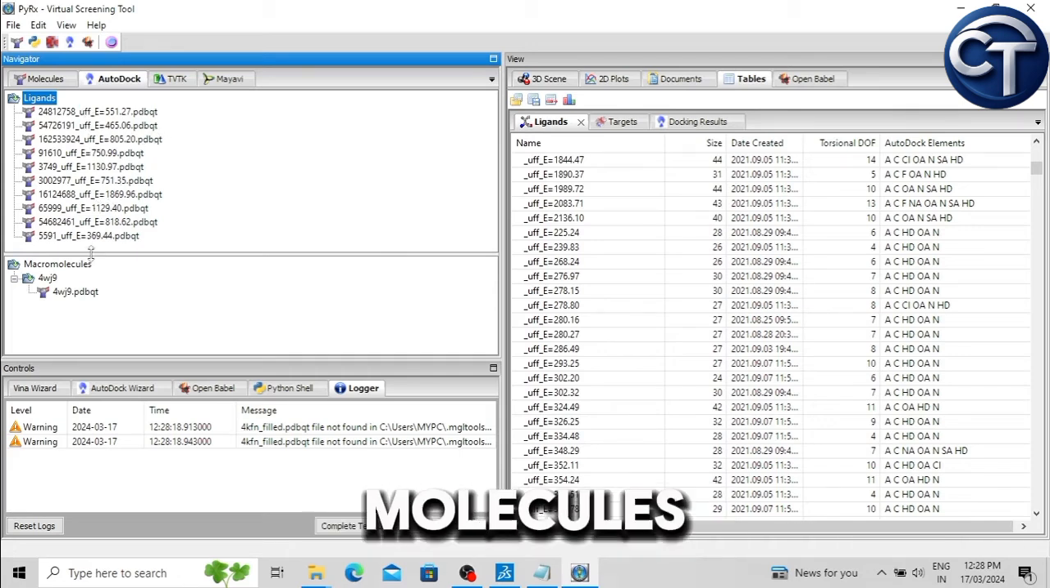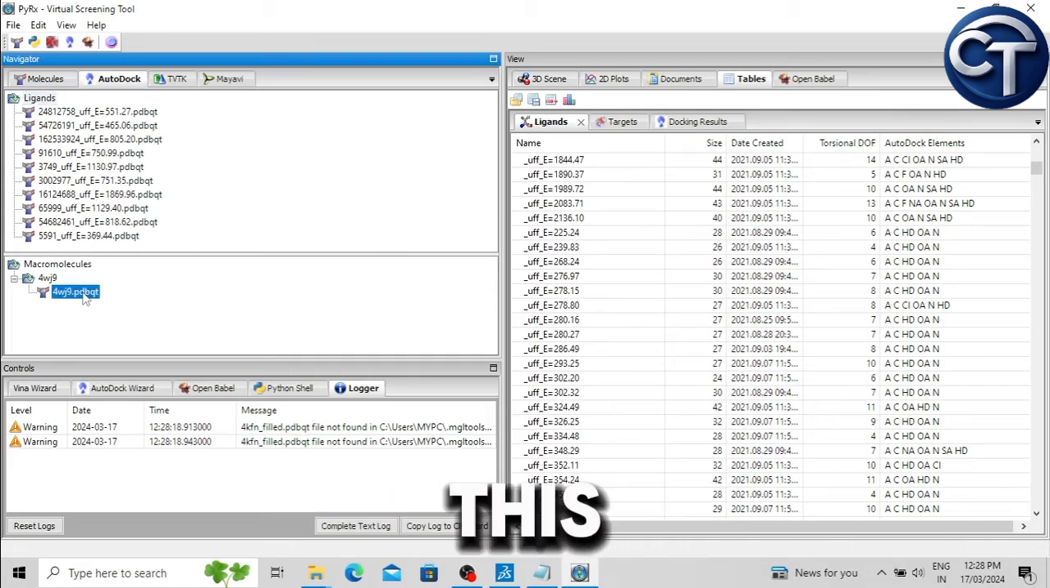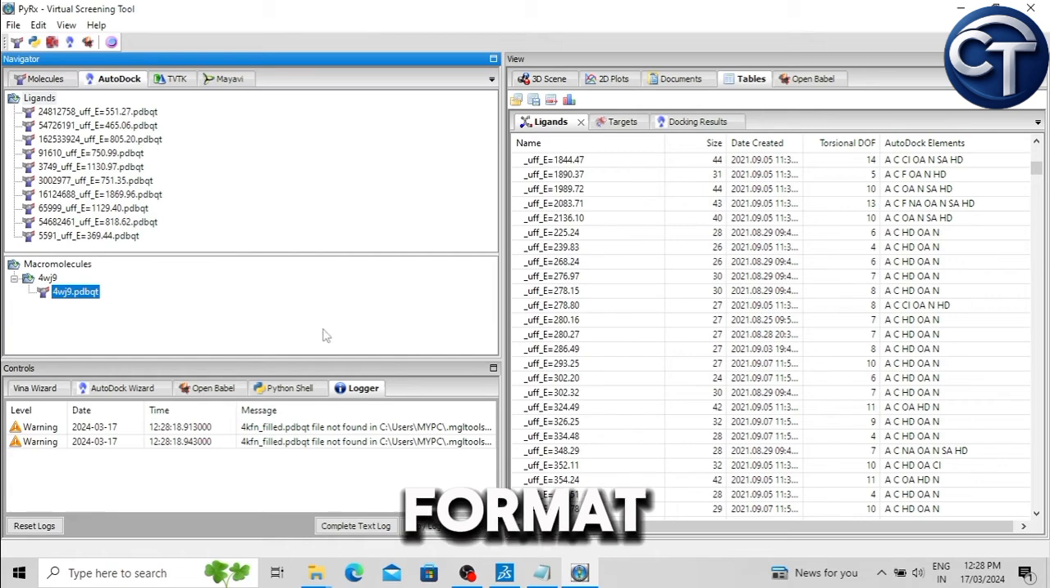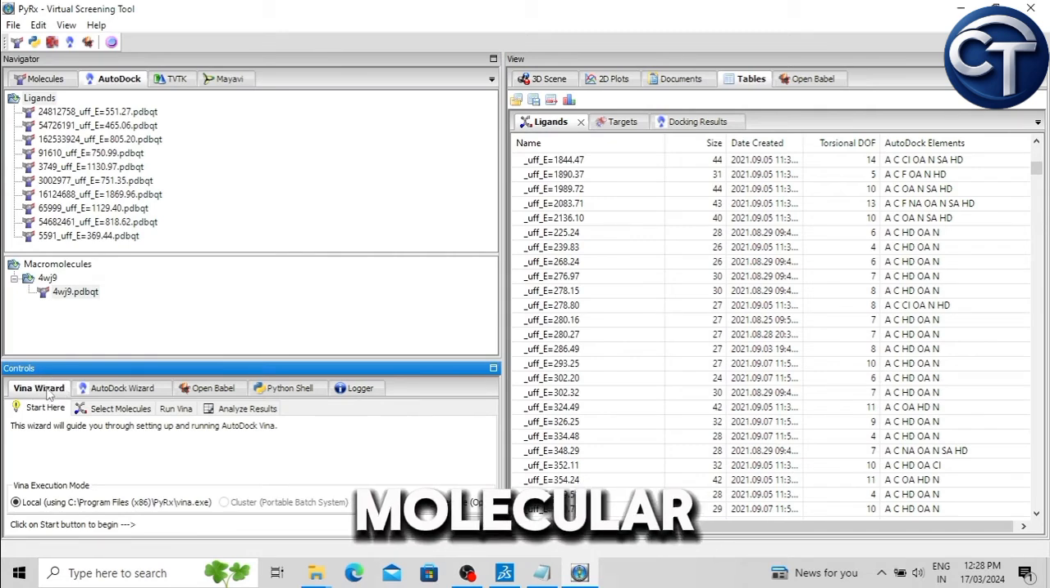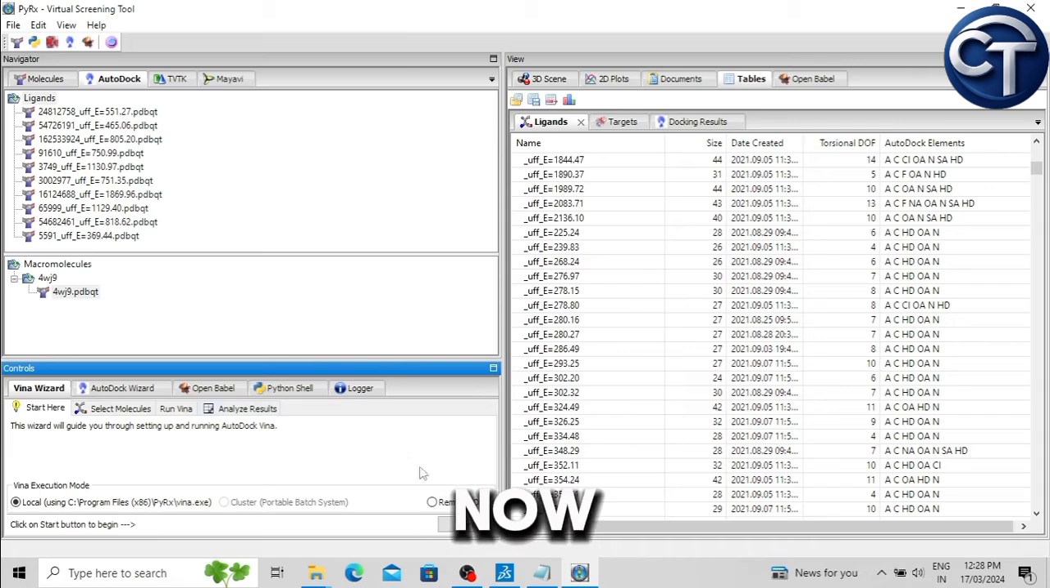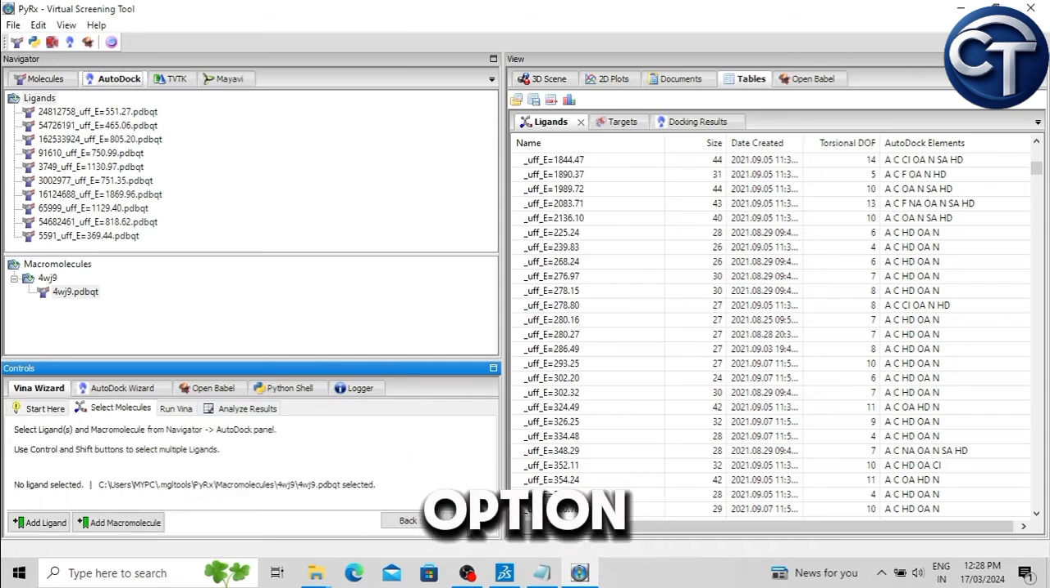These are the drug molecules in PDBQT format, and this is the protein in PDBQT format. Now click on the AutoDock Vina wizard, for molecular docking or virtual screening using AutoDock Vina. Okay, now start by clicking this option, Start,